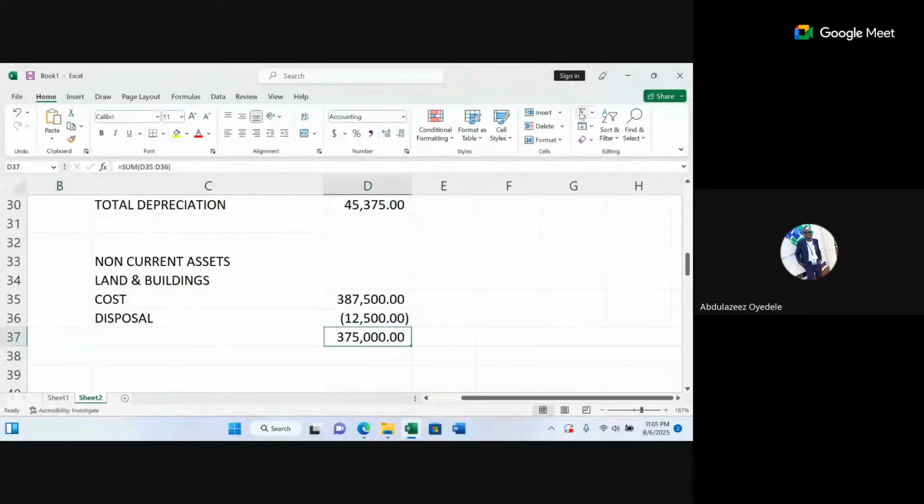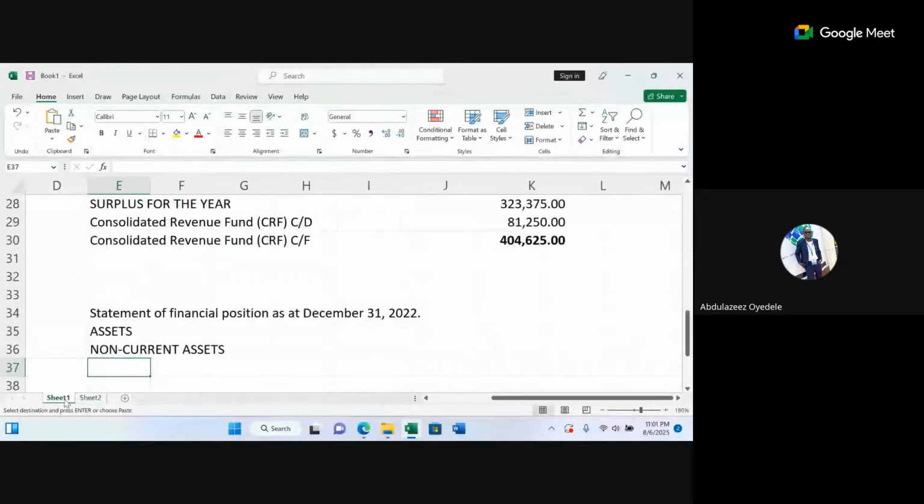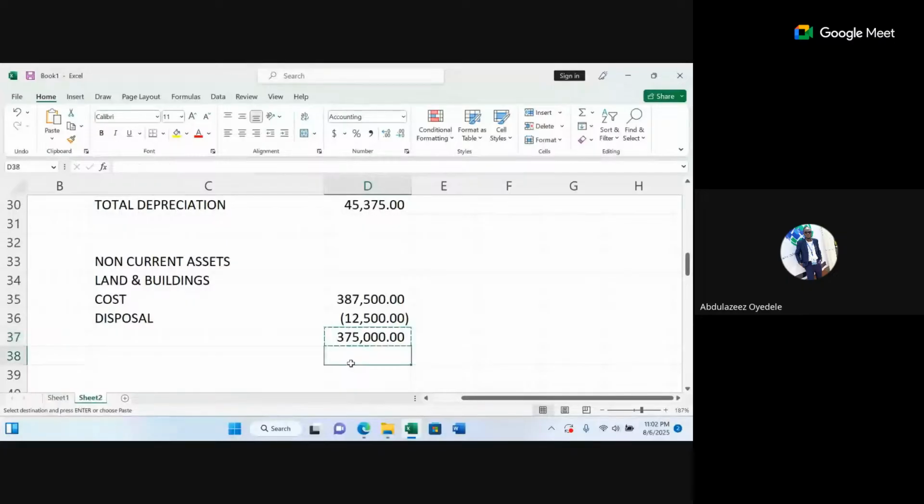Now, you can send this into our solution if you want to do it on the face of our solution here, or maybe let's do everything in the workings and just bring the total values. Now, this is the cost of our land and buildings. And then we want to deduct the depreciation from it so that we can get our carrying amount. So for depreciation,